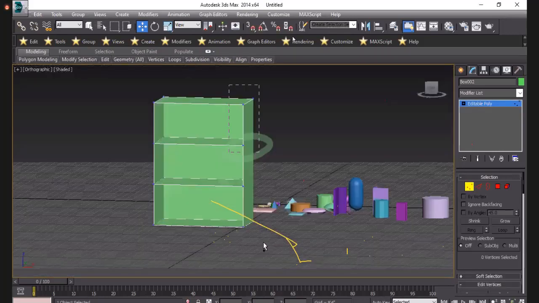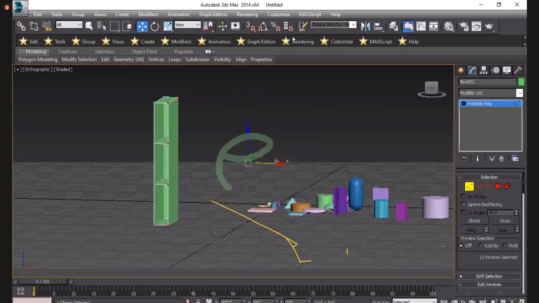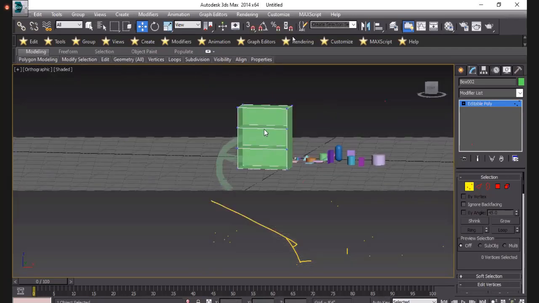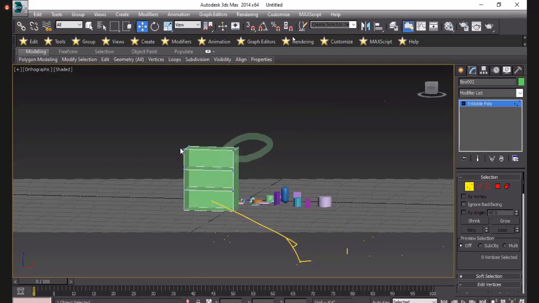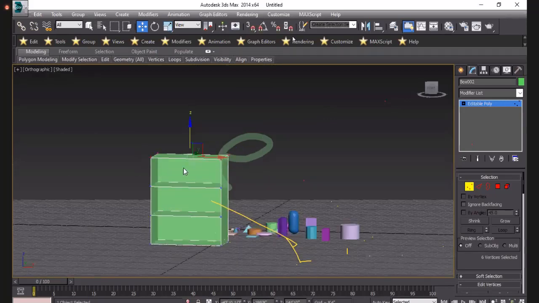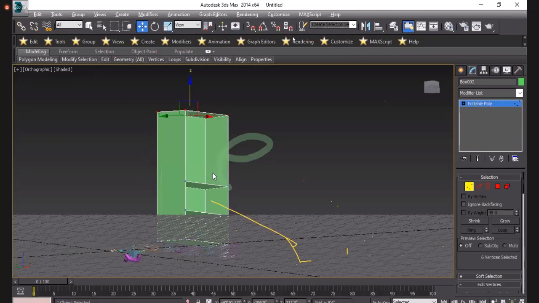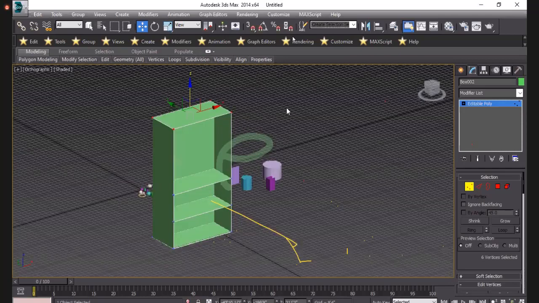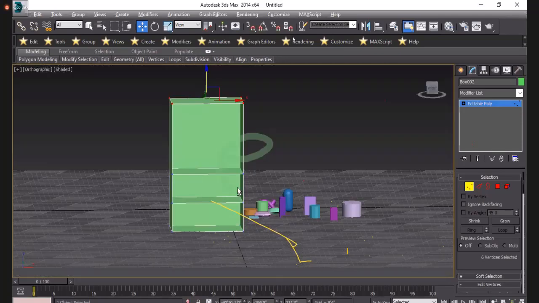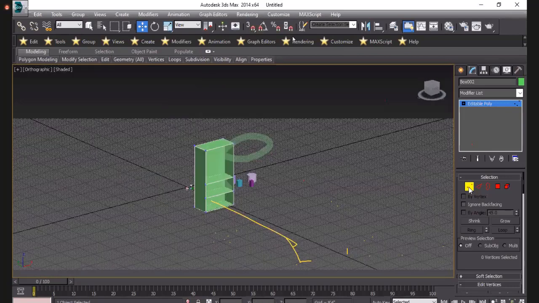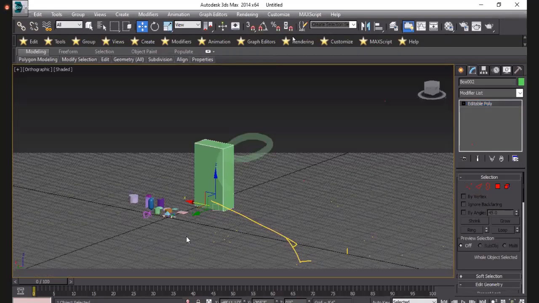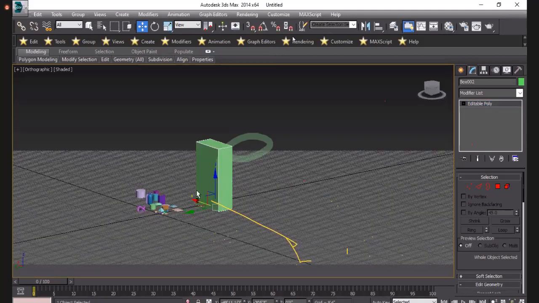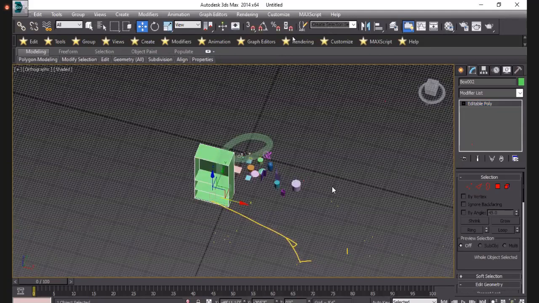I select, increase and decrease. If I want to make it high, then I will do like that. So simply with the use of this editable poly, you can change and make components and your object like that.